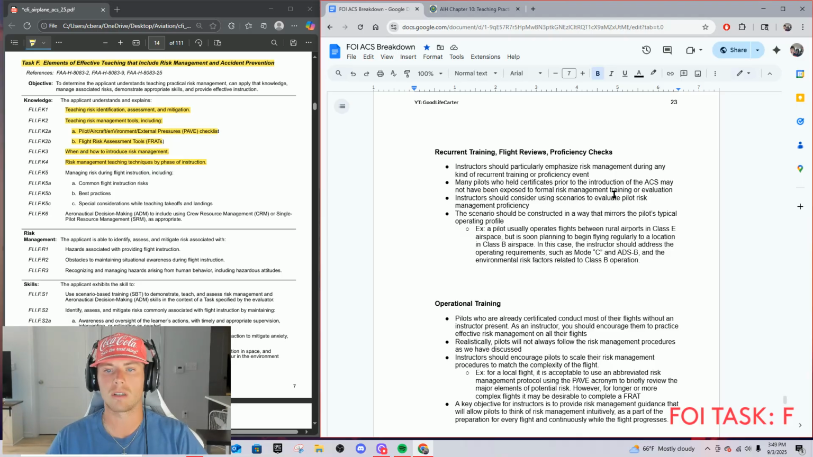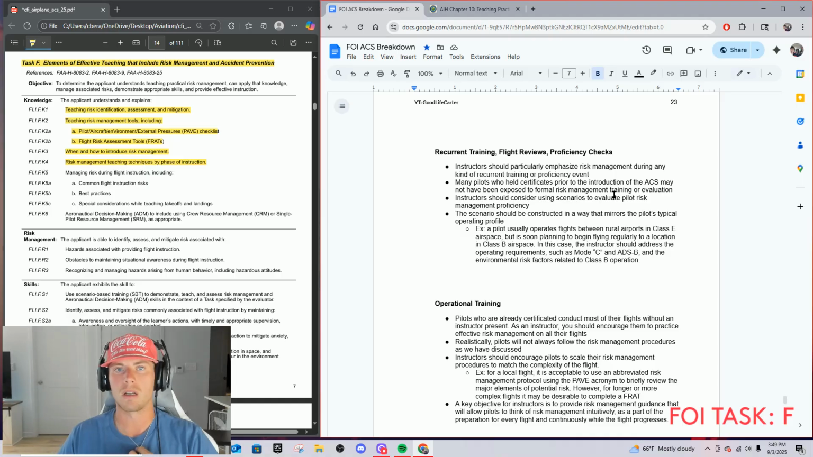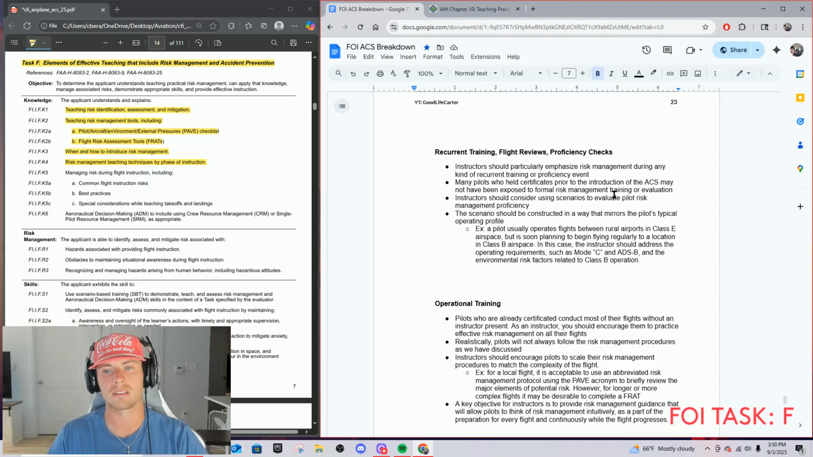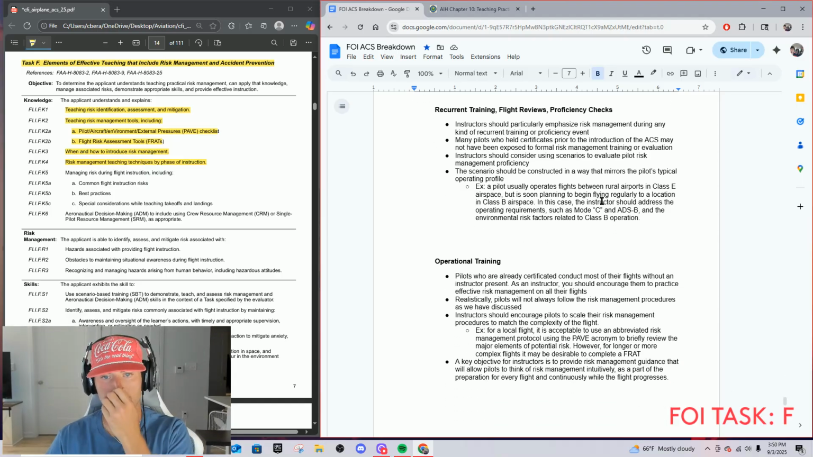Many pilots, okay, so this one is if you're doing a flight review and you're with an older pilot, and maybe they got their checkride done before the ACS was updated, or they got all their licenses 30 years ago, they're going to have different training than we are doing now. So make sure we're updating them on the new ACS, the new way we're supposed to do things, maybe show them what FRATs is, because they might not know what FRATs is, or the matrix. And then